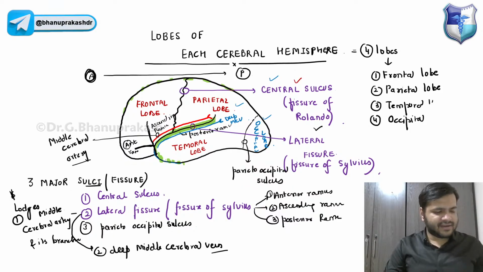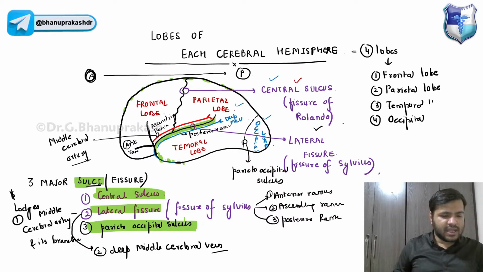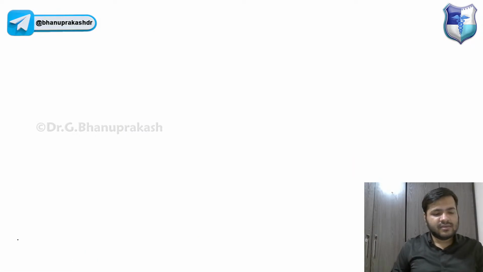Now let us discuss the sulci and gyri of the cerebral hemisphere. 3 तो मैंने अभी बता दी है, अभी बार बार नहीं बताऊंगा. सल्काई 3 सल्काई, सेंट्रल, लेटरल फिशर और पेराइटो ऑसिपिटल सल्काई और गायरी. ठीक है, 3 तो मैंने बता दी है. नाउ लेट अस डिस्कस. अब बहुत सारी पढ़नी है तो लेट अस जस्ट ट्राई टू डिस्कस. Yes, the sulci and gyri